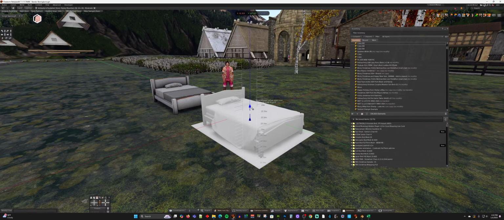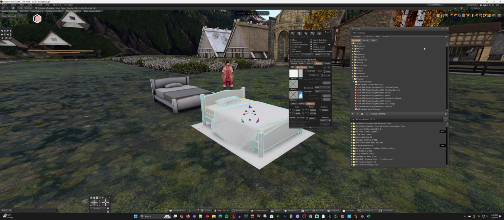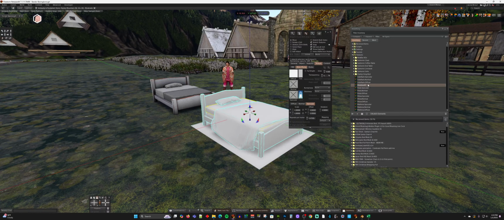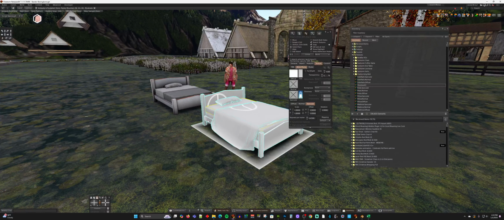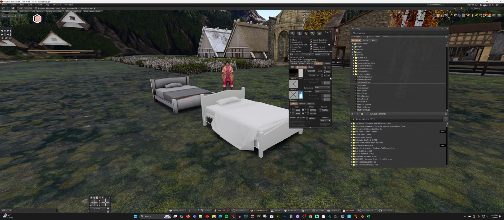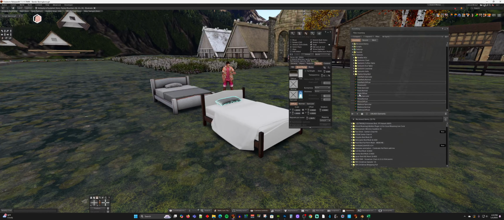Now we can texture it again. So go back to my textures, put the shadow on, and side rails, diffuse, normal, specular, posts, diffuse, normal, specular, pillow, diffuse, normal, specular, mattress, diffuse, normal, specular,